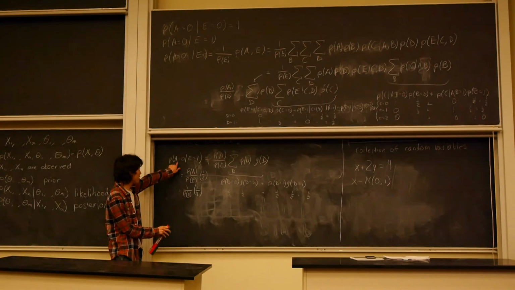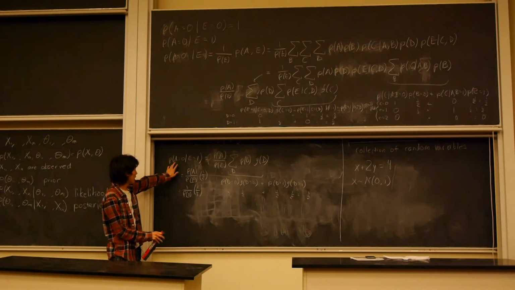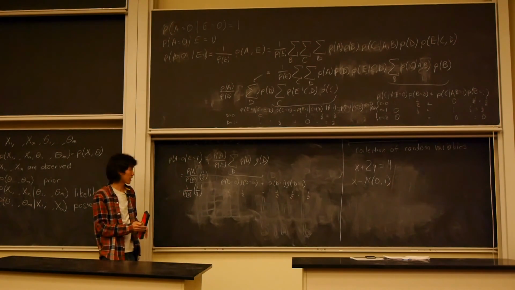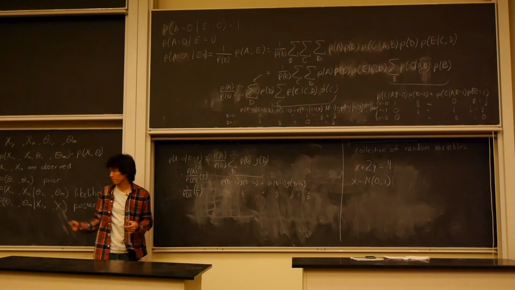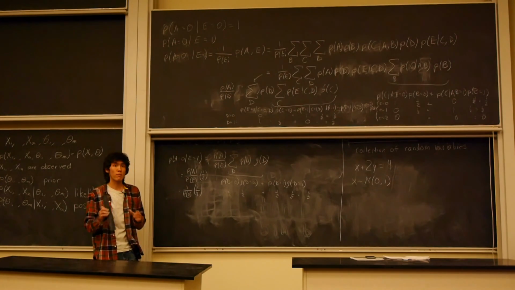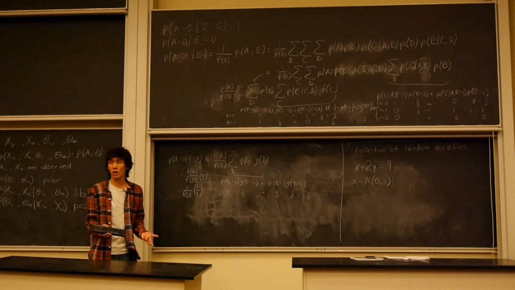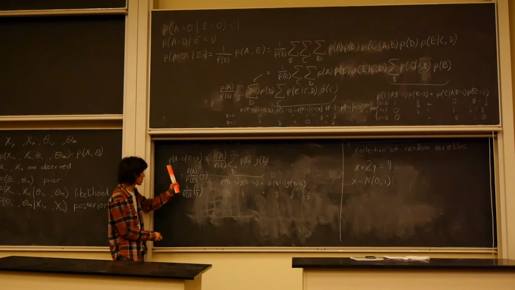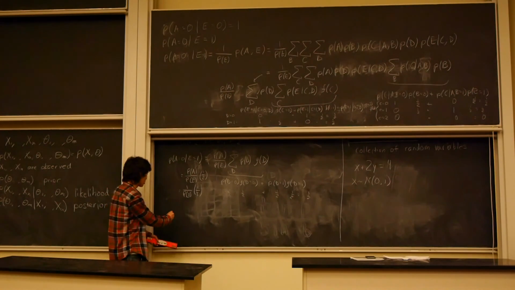I know that P of A equal to 0 given E equal to 1, the only thing that's varying in this probability is A. This distribution is over A, right? A can either be 0 or 1. But I also know that probability distributions must sum to 1. They always sum to 1. So what I could do is just compute